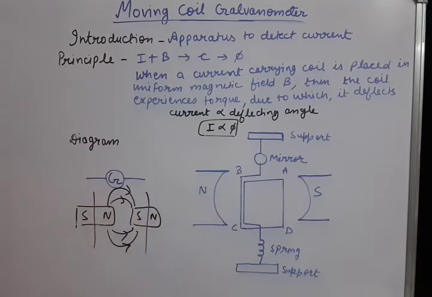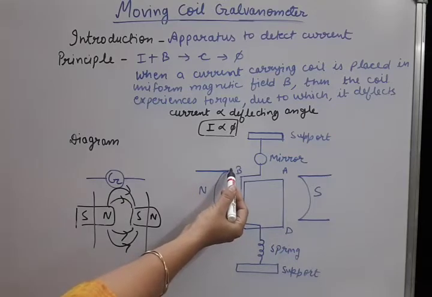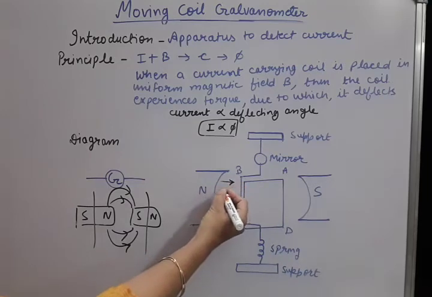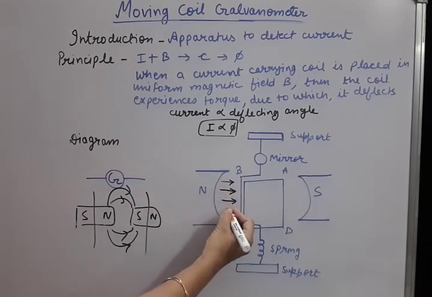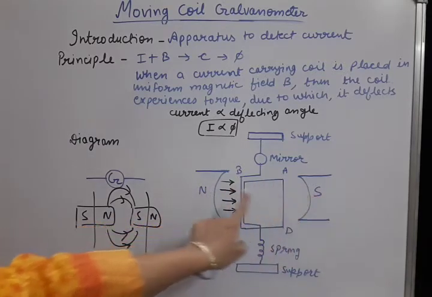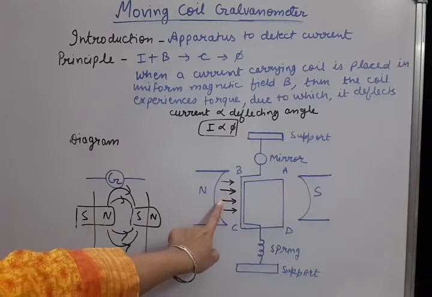Okay, like this. But we don't want the curved magnetic field lines, we want the straight magnetic field lines. So what we have done for achieving this is that these cuts have been made in the poles so that the magnetic field lines which arise are parallel to each other. And you must already know, outside the magnet, the magnetic field lines go from north to south. So that's why the magnetic field lines are going from north to south.